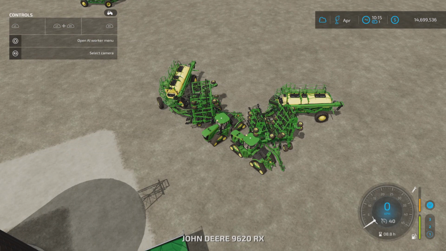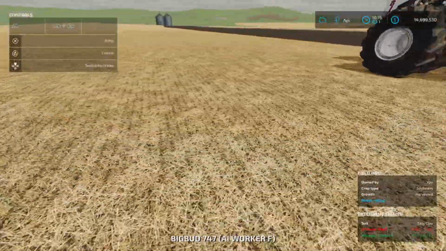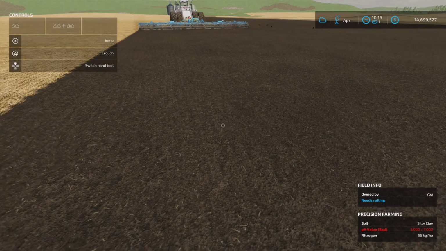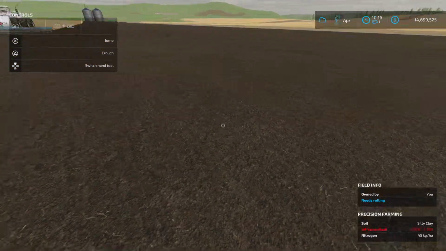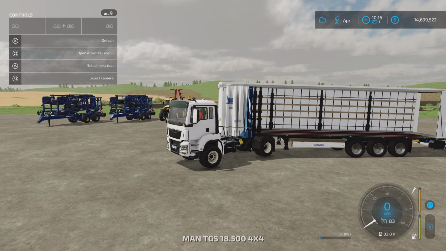Let's go and check on the other. So it is cultivating it a little bit, which is fine. Let's check on this field. So what does it say we need? So it needs rolling, it needs fertilizing, and it needs lime. So what I might do,